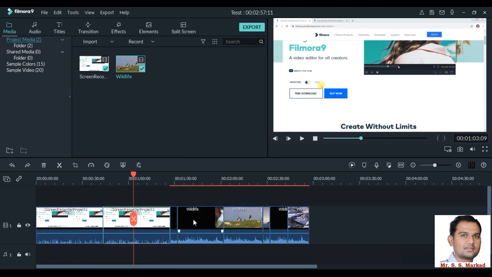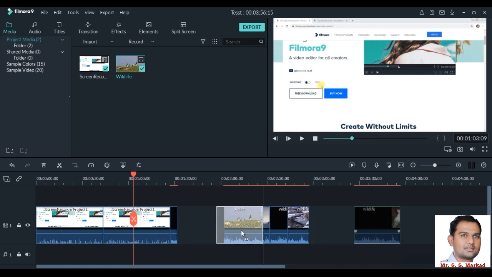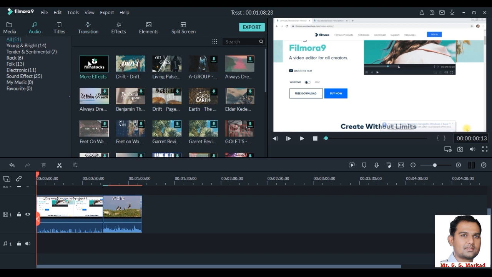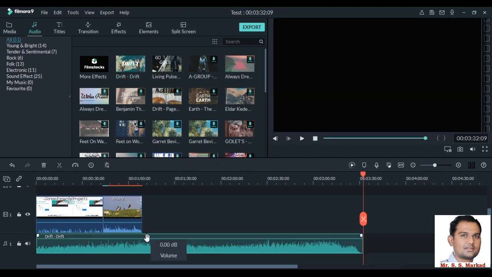The position of the media file on the timeline can be easily changed by simply holding and dragging it to the required position. Other audio files can be added to the timeline for addition of additional audio by simply dragging or pressing the plus icon, and the media file or audio file will be added.